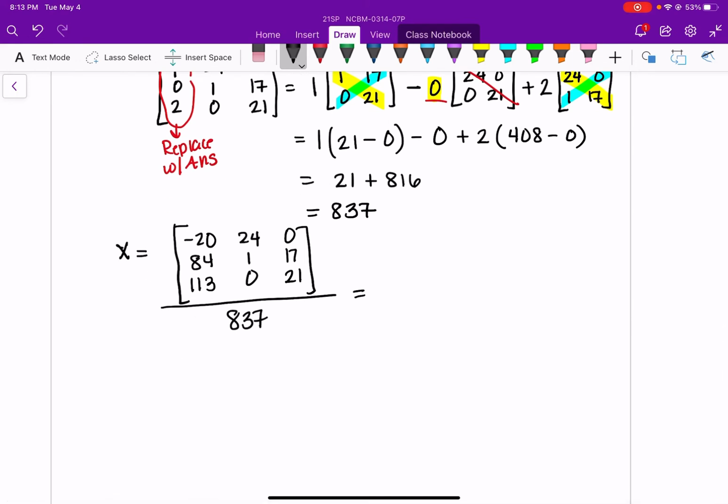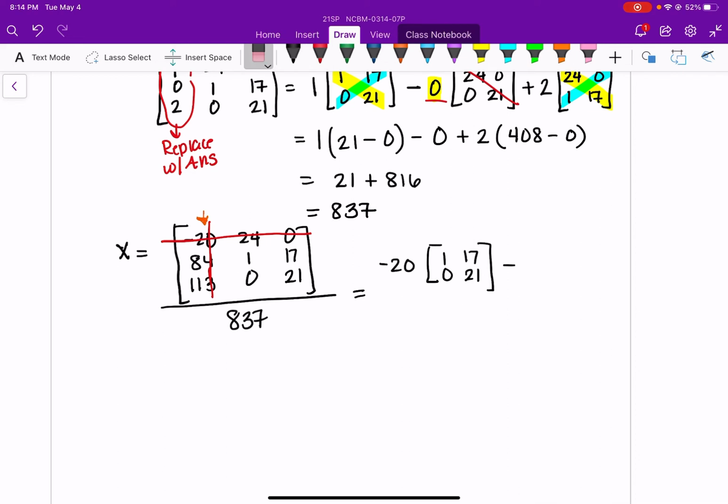We're going to focus here on the top and just trying to figure out what the determinant of this new matrix is. Again, I'm still going to do the same thing. I'm going to use this first column as my kind of pivot row, or however we're going to call that. I'm going to do negative 20. If I take away that first column, that first row, I get that matrix 1, 17, 0, 21,